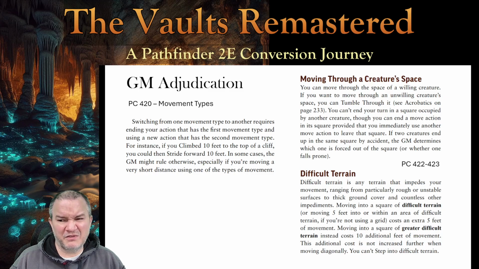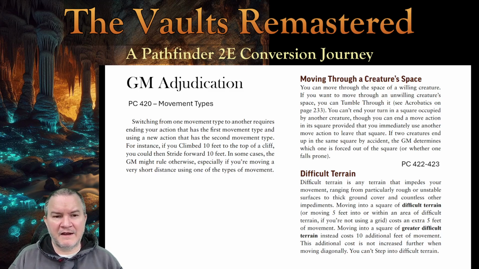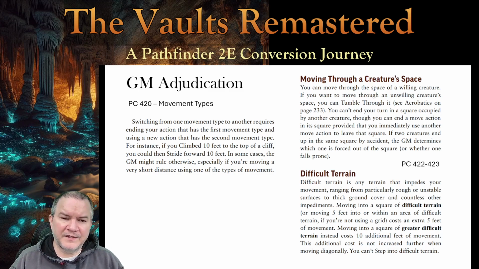So you're not really going through somebody, though. You're pushing them out of the spot. So this would be to go through them. Acrobatics tumble through. The other thing it says, you can't end your turn in a square that's occupied by another creature. That should make sense. Though you can end a move action in its square, provided that you immediately use another move action to leave that square. So I think this would apply to allies more than enemies, because if you're moving through an enemy's space, then...